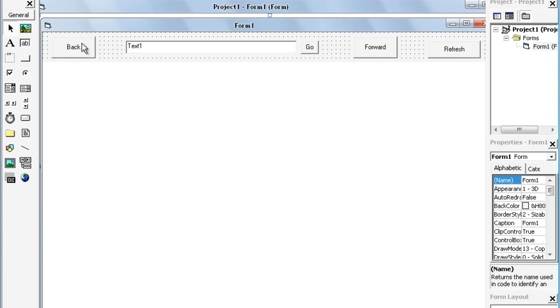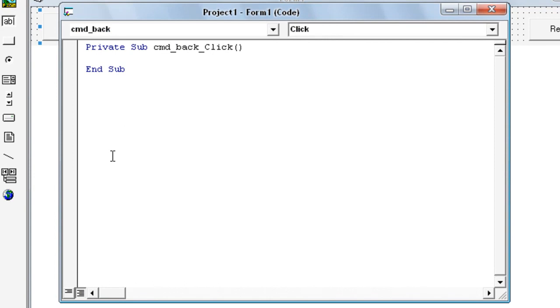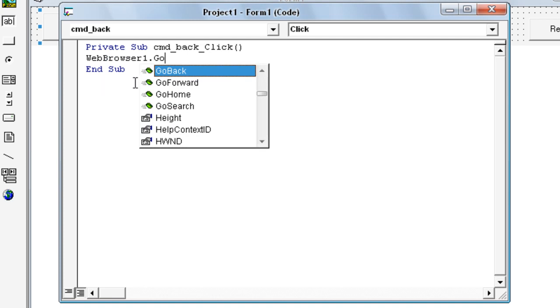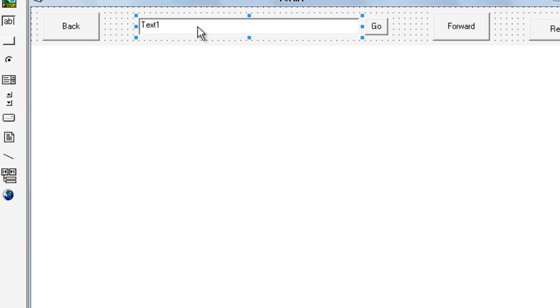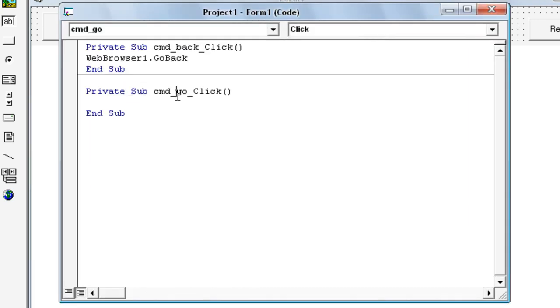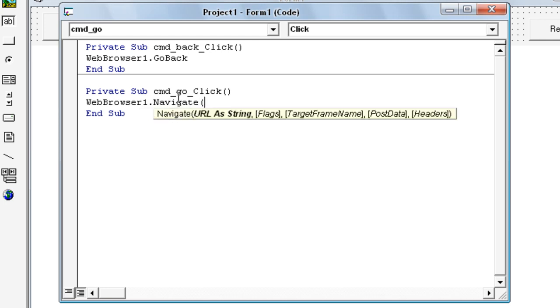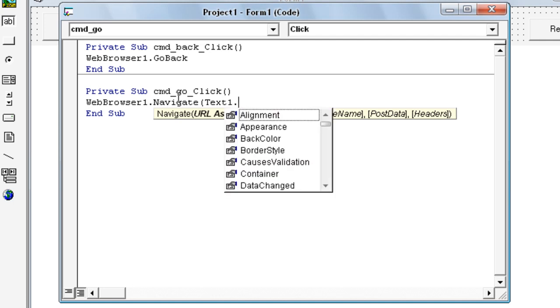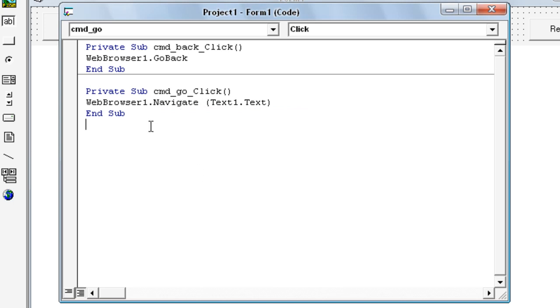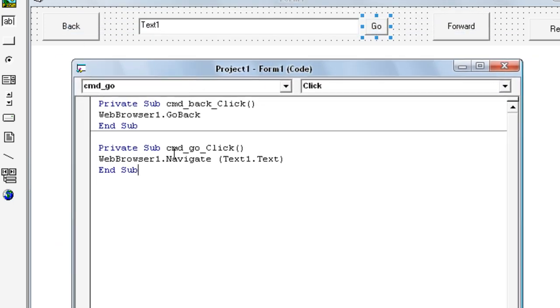Now we need to add the code. So first things first, add the back button. This is the command we're going to call when the user clicks cmd_back, under Click: WebBrowser1.GoBack. Now we're going to X out of this. I'm going to double click on the go button. Private Sub, when the user clicks on the go button, I'm going to do WebBrowser1.Navigate Text1.Text. So basically when you press go, it's going to tell the web browser to navigate